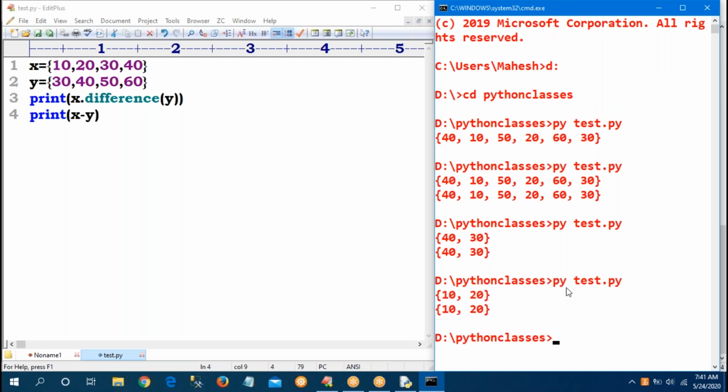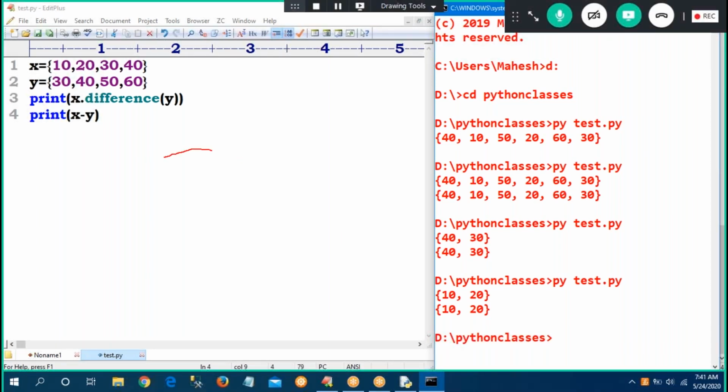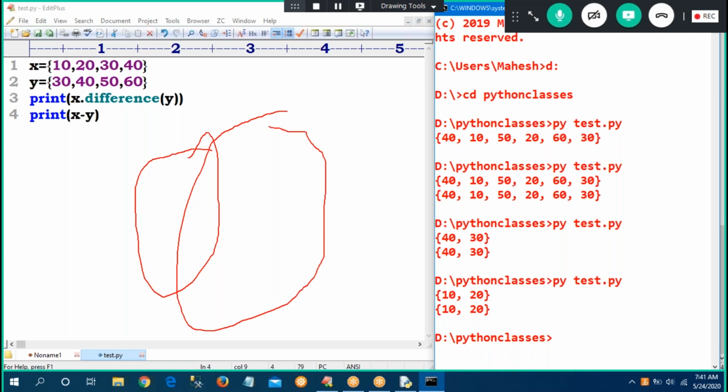Difference is nothing but the values represented only in A. Suppose I am taking two sets, this is A, this is B. A minus B means only the A part, this part only. So what are the values in A, not in B? 10 and 20.